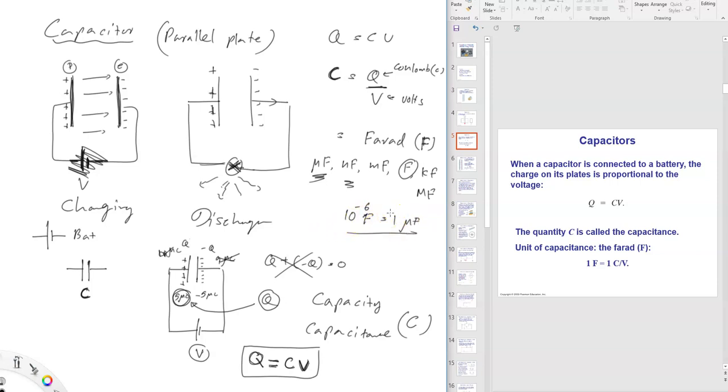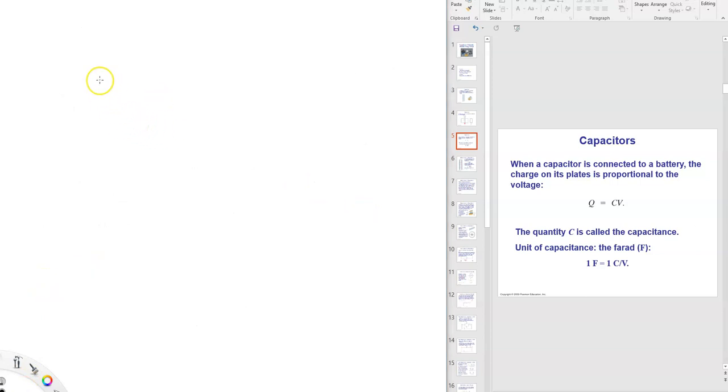Okay, so let's move on. Let's go to the next slide. Okay, so one more time, a capacitor, for an example, we can say okay, here connected to a battery, voltage. So the capacitance is given in farads, this 2 metal plate device. For an example, I can say C equals 20 microfarads. Now, if I connect this to a battery of 1.5 volts, what's the charge this thing can accumulate?